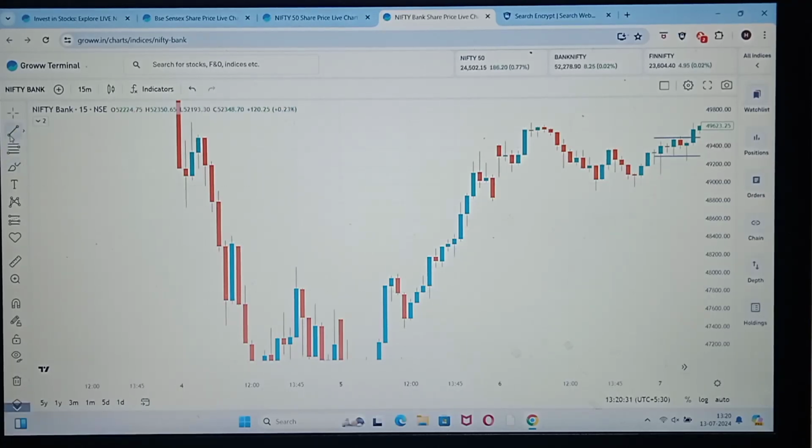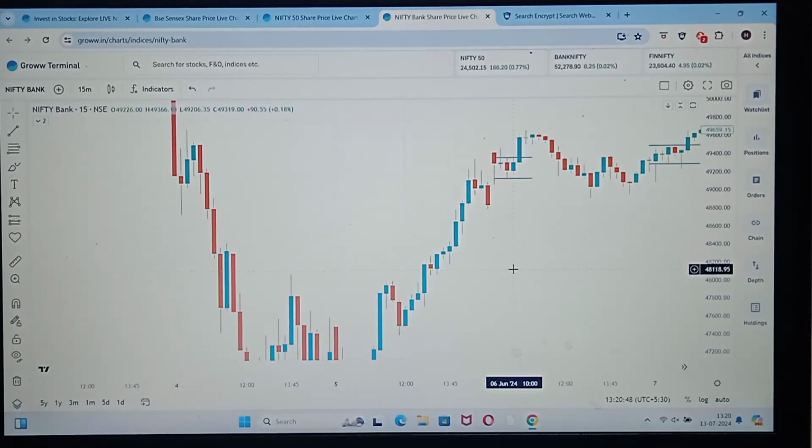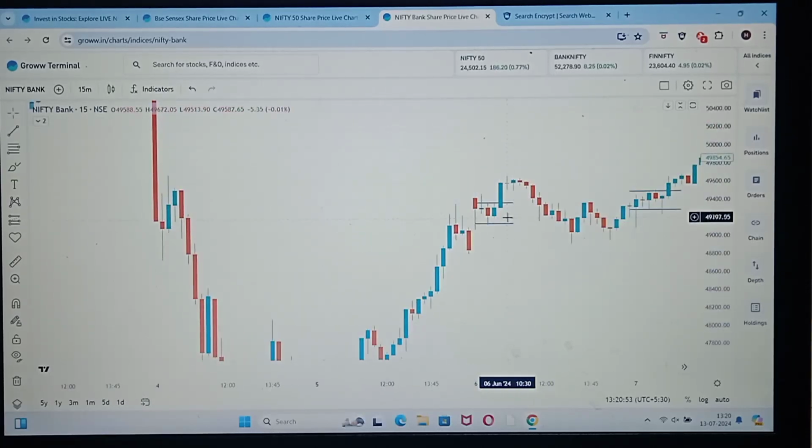Again 6th of June we'll backtest for 2 months. So this is 9:45 candle. This is 9:30 candle. This is 9:45 candle. So we have marked the high and low. Clearly we got a trade at 10:15. Bullish candle, got a call side trade, 49,378 mark, and clearly got